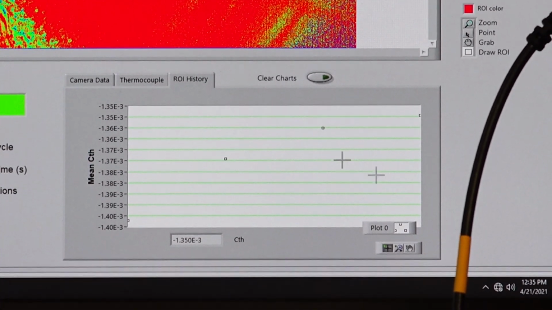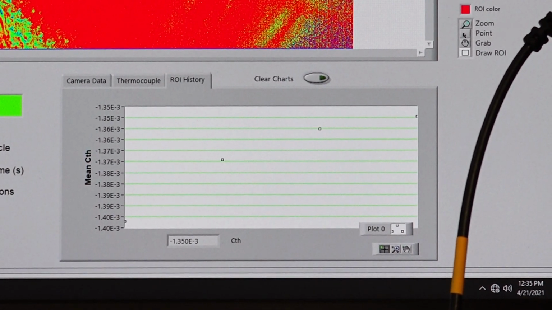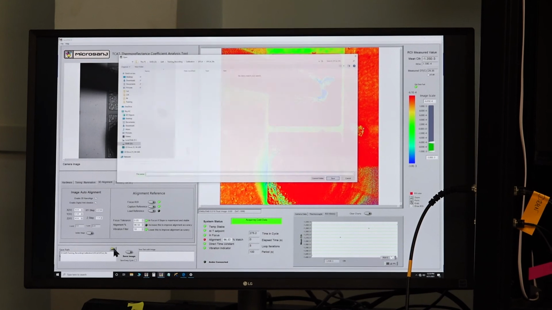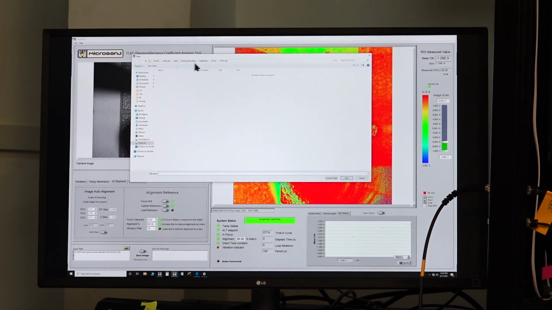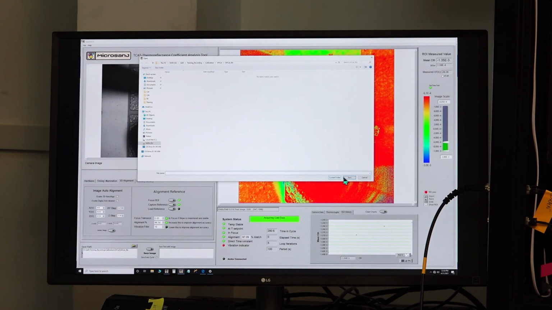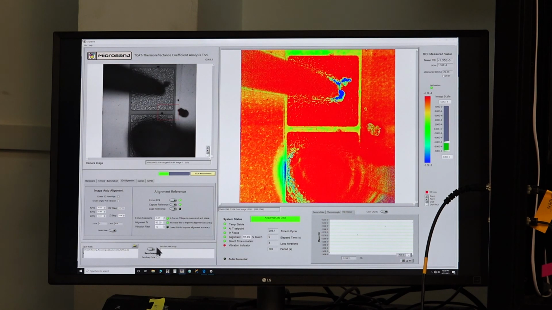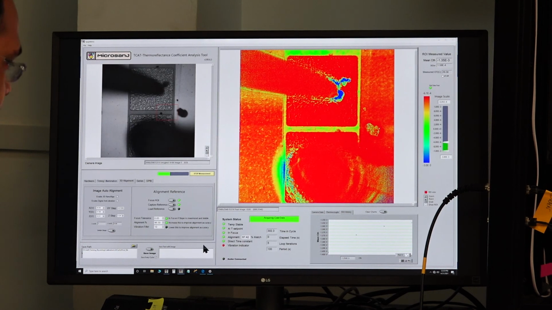Once this is done, we have to save this image by creating a path here. On the left hand side of the screen, you can see an option called save path. We go there, we create our folder in the D drive as we have created here, and then we select current folder. After selecting current folder, we click on save image. Save image and save every cycle. Save every cycle will save all the subsequent images, so if we are running it 15-16 times, it will save all the 15-16 images. And we can then use the best image for calibration for further data processing.